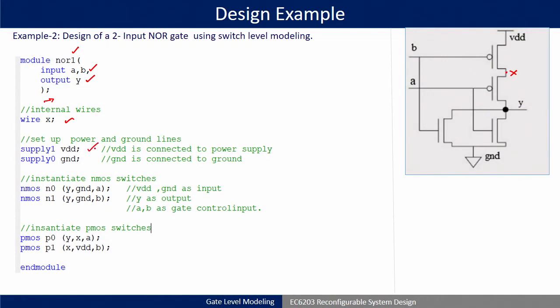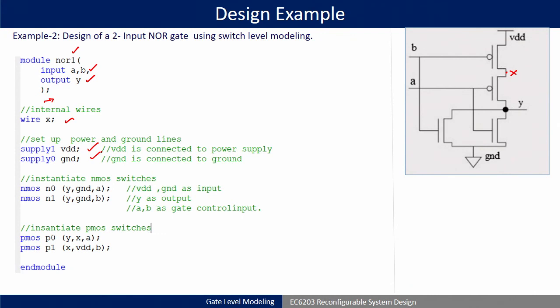Okay. Last class, in this module itself, we discussed supply1 VDD. So we can just define supply1 and VDD. When you are defining supply1 as VDD, then VDD is connected to the power line or power supply of the design. Similarly, when you are writing supply0 ground, the ground node is connected to the ground of the design. These are the syntax I think we have discussed in earlier classes. So, in this portion we have done the setup of power and ground lines.